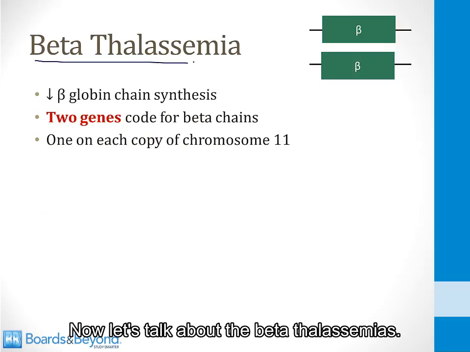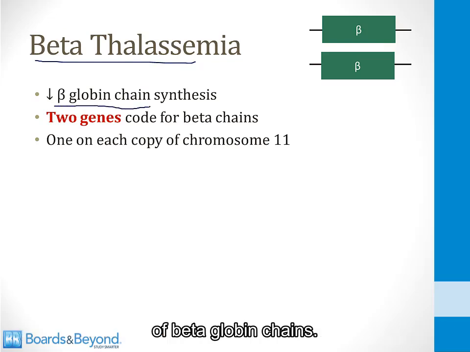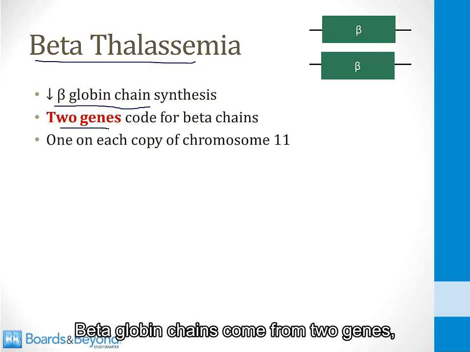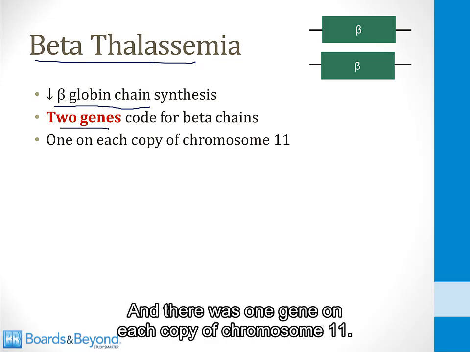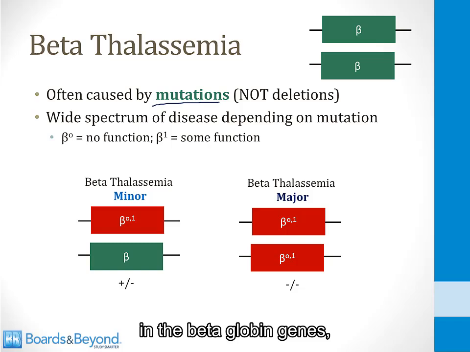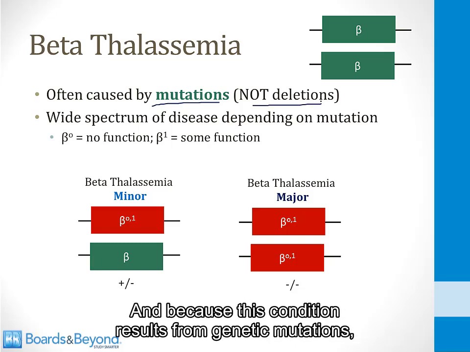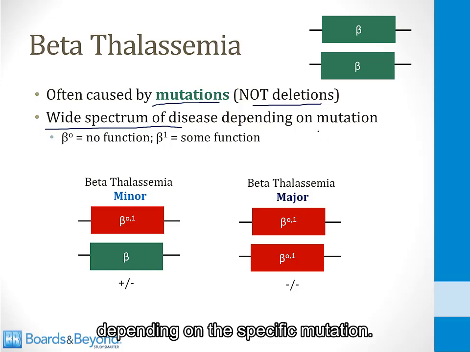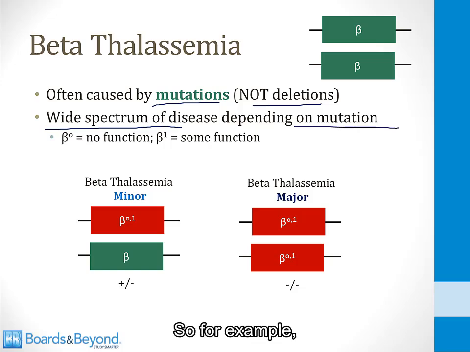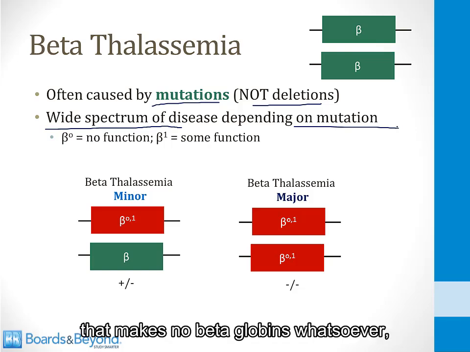Now let's talk about the beta thalassemias. These are conditions where there's decreased synthesis of beta globin chains. Beta globin chains come from 2 genes, not 4 like the alpha chains, and there's 1 gene on each copy of chromosome 11. Beta thalassemia is caused by mutations in the beta globin genes, not deletions like we saw with alpha thalassemia. And because this condition results from genetic mutations, there's a wide spectrum of disease depending on the specific mutation. So for example, if there's a mutation that results in a beta globin gene that makes no beta globins